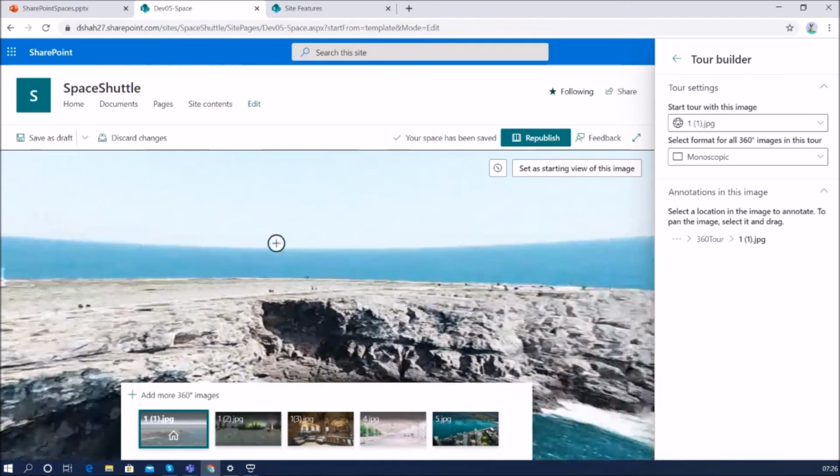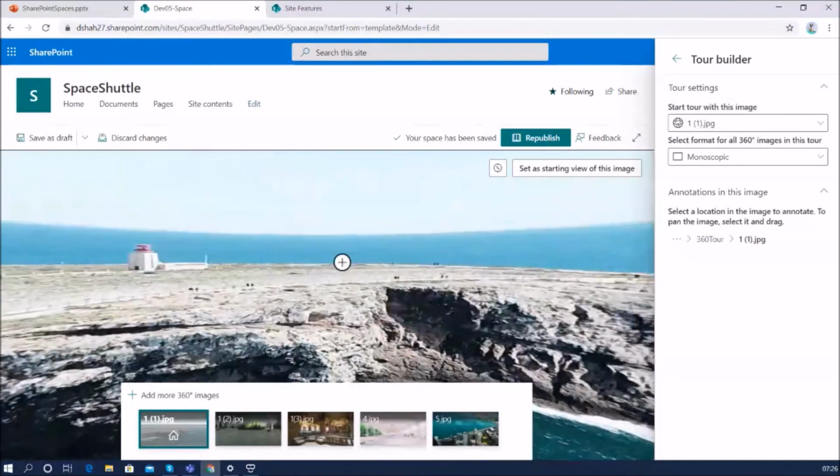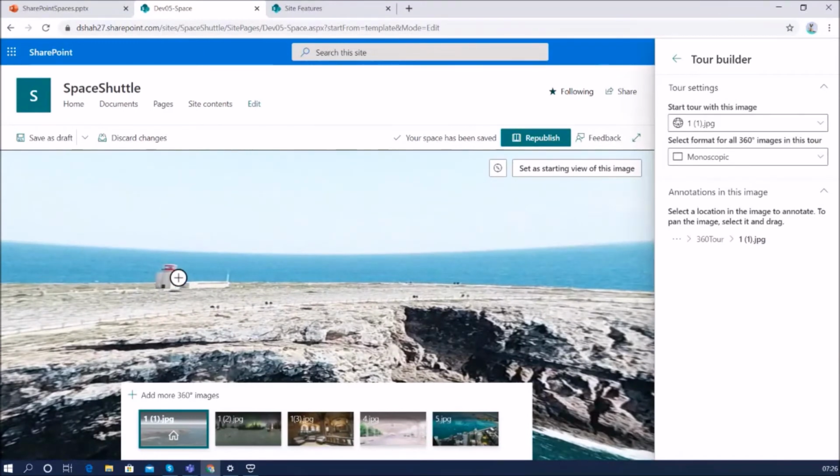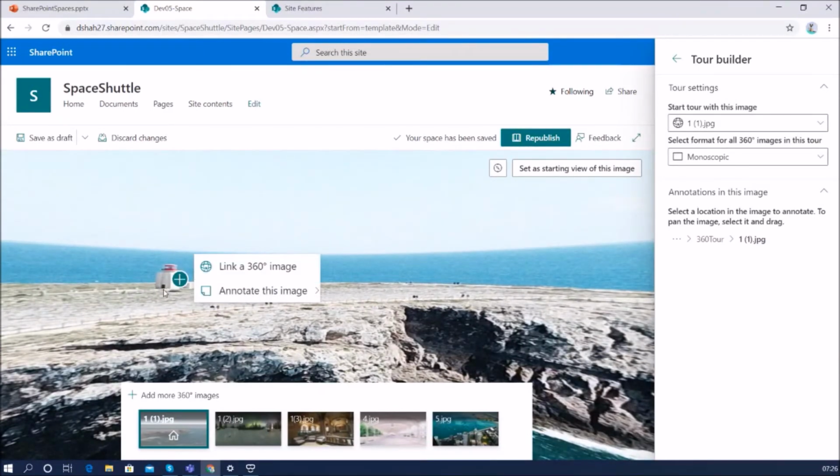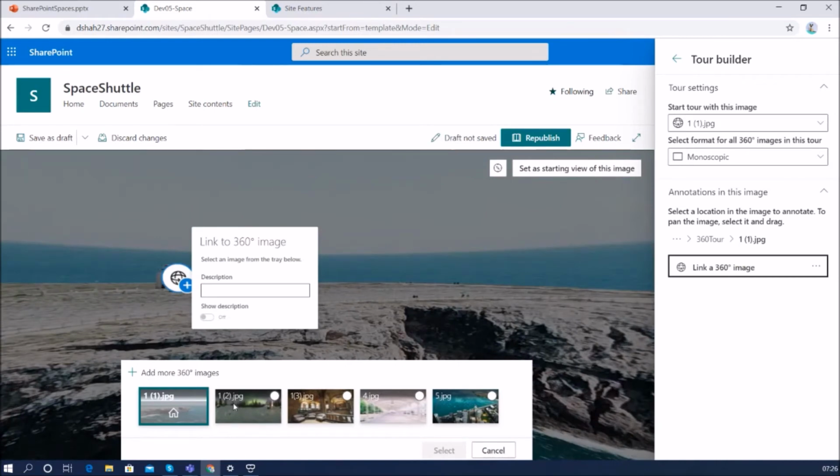So let's say this is one ocean example, and now whenever the user clicks here, they are able to see what's inside. At this moment I just have a random image, so don't try to relate it to the story, right? But the concept is like this. Let's say if I click here, it will link me to another 360-degree image.